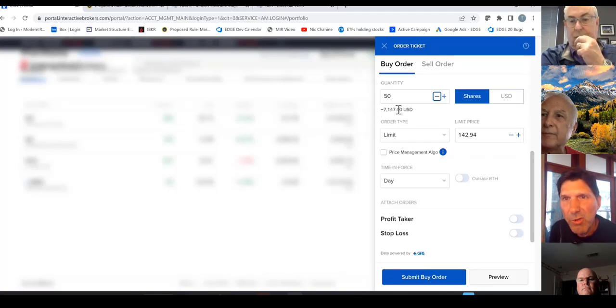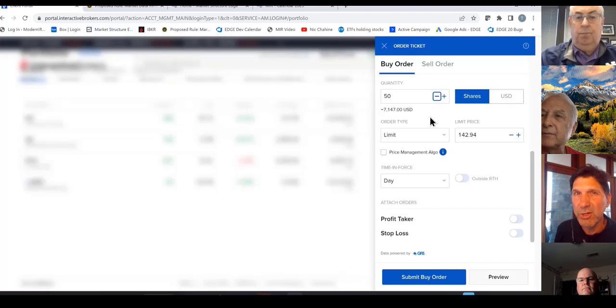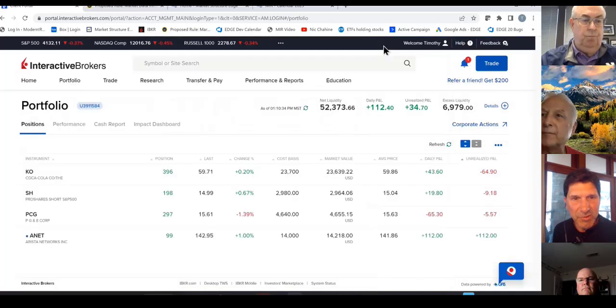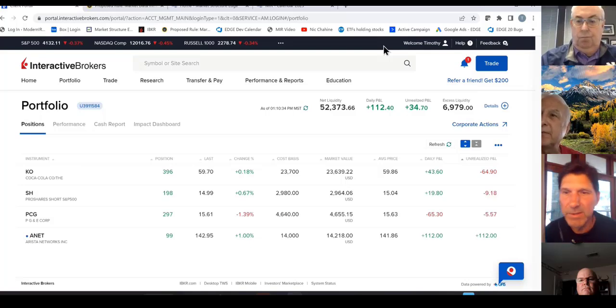And you could fill a smaller amount. $7,000 is a lot easier for an algorithmic trader, which is very carefully managing exposure, to swallow than is $14,000. $14,000 is a lot. I know I'm taking a chance when I try to buy at the market 99 shares, because I'm going to get a worse price. But if I think the price is moving, then I don't care. It just depends.